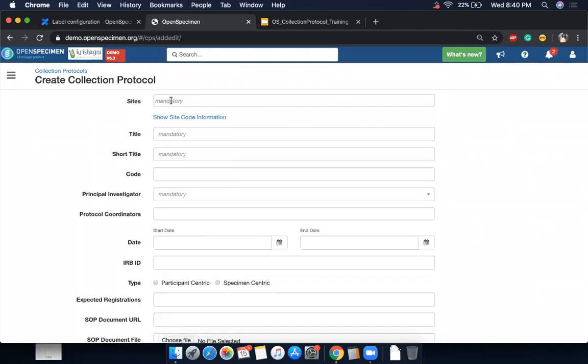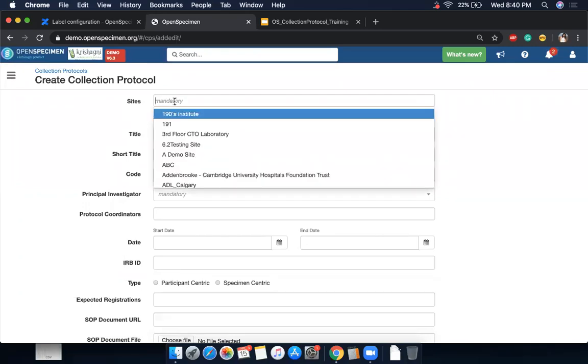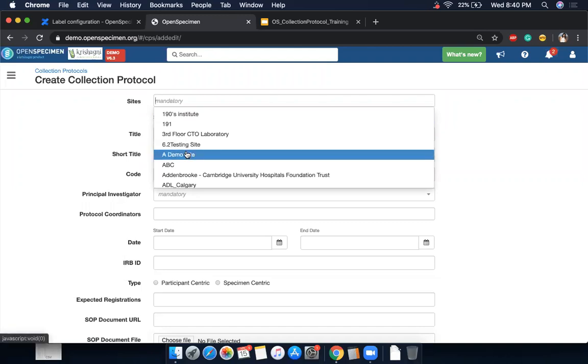The first field I need to enter is sites. These sites decide who has access to this collection protocol, and they decide which sites are involved in the specimen collection, processing, and storage of this collection protocol.